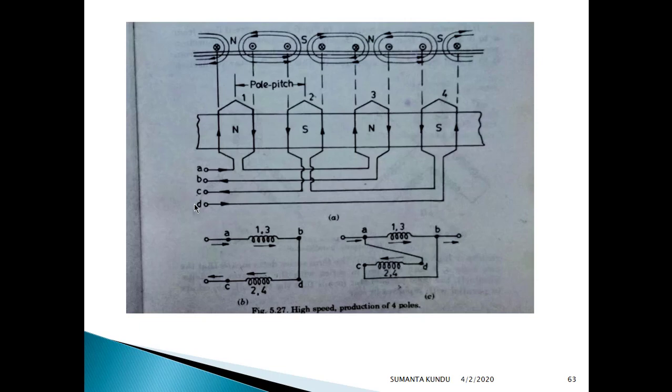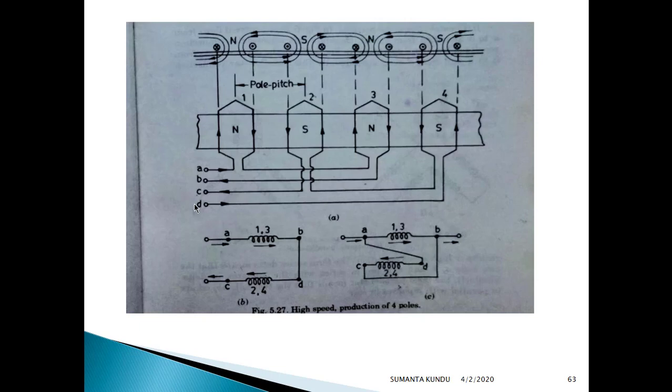Whereas in case of a slip ring induction motor, the rotor winding design has to change so that the same number of poles is produced as on the stator. So it is applicable particularly to squirrel cage induction motors, because the rotor poles follow the stator poles. So as the stator poles change from 4 to 8 or 8 to 4, the rotor poles automatically change. Now another thing is that